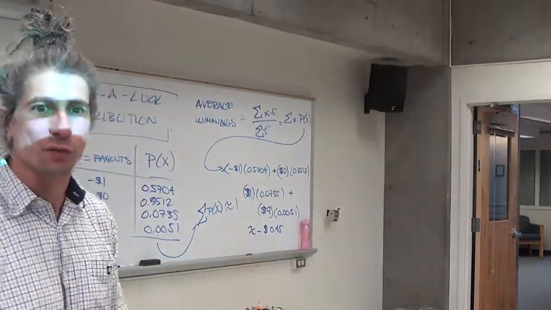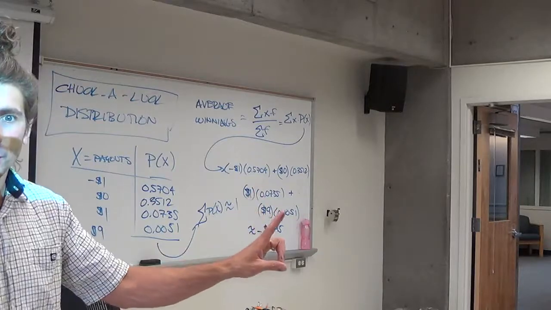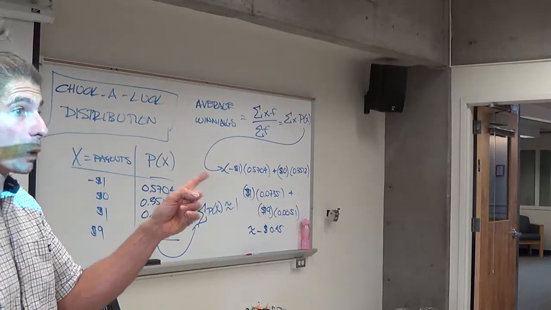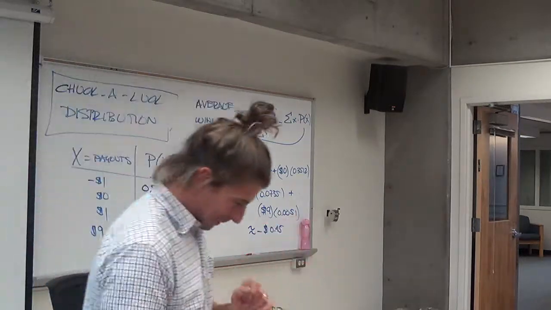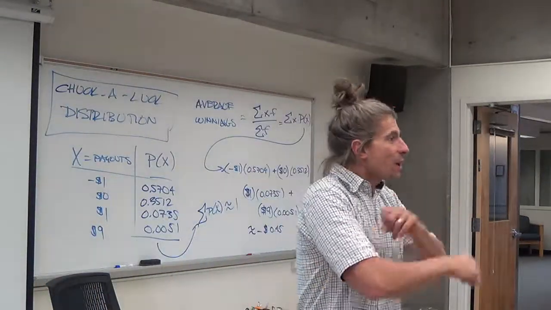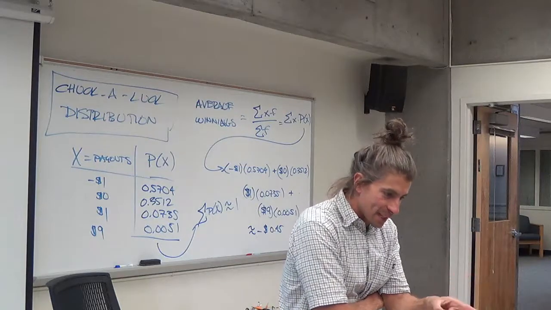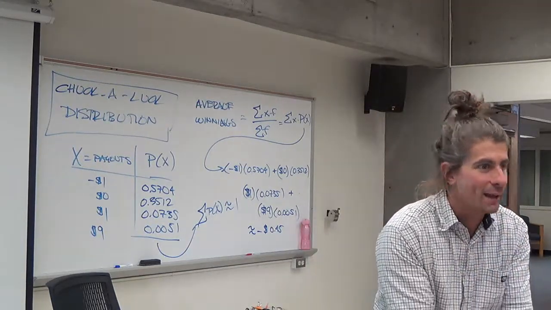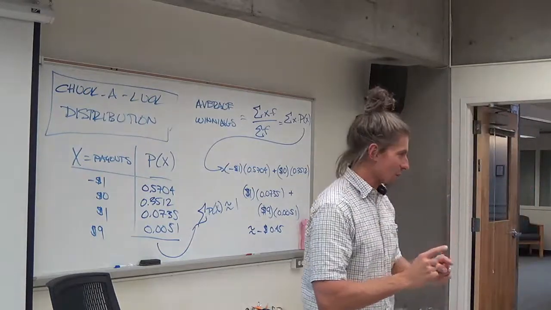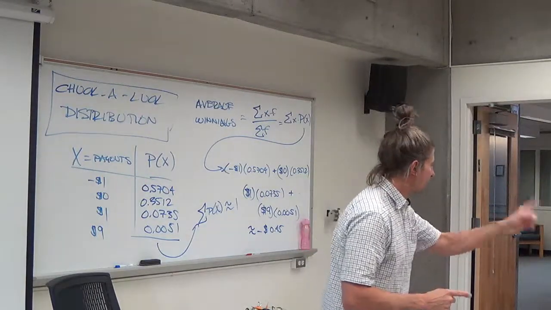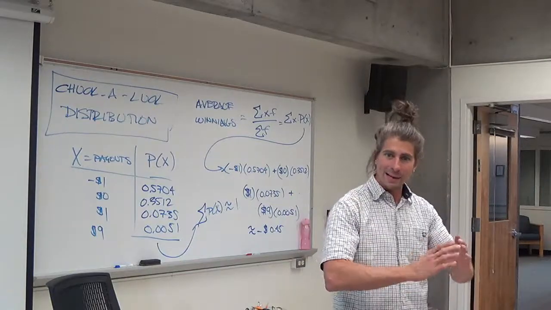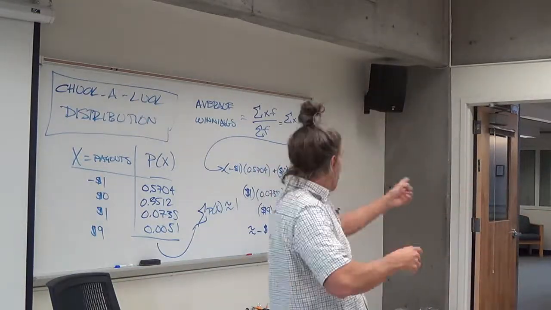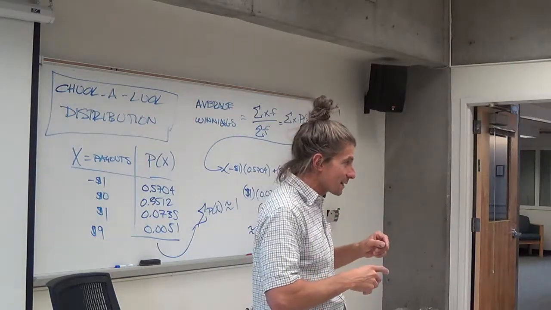First of all, you can't lose 45 cents on a game, can you? No, that's not a payout. But to bring in the negative 45, you can't actually lose 45 cents in one game. Over a period of time, you can average a loss of 45 cents per game. You're either going to lose $1, gain $1, break even, or gain 9. But the weighted average of those 4 outcomes works out to negative 45 cents.